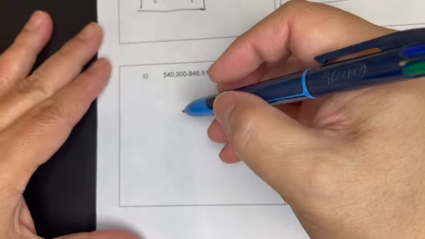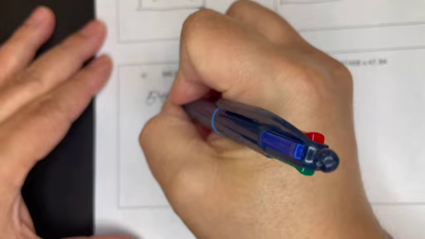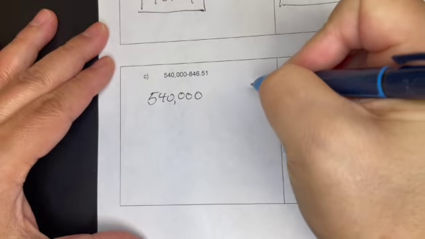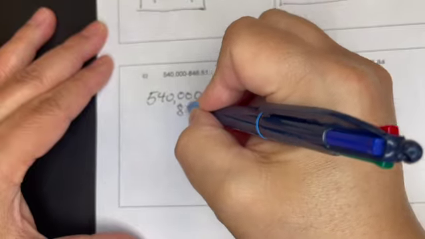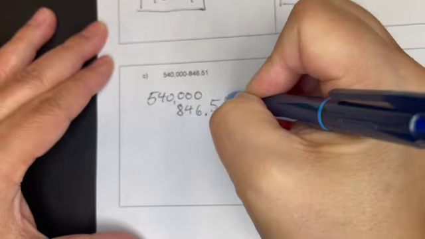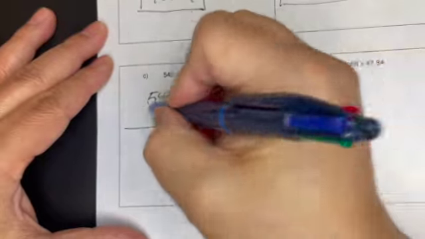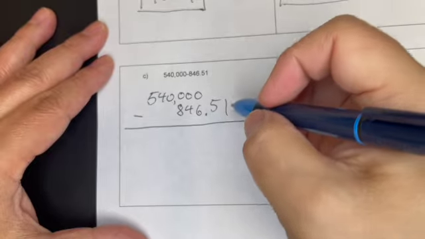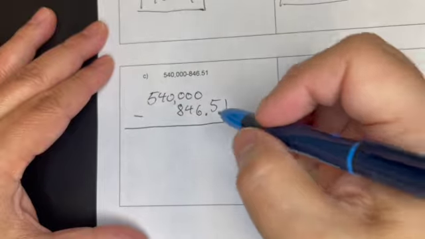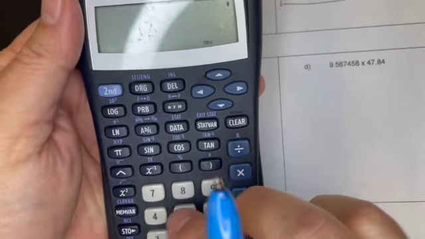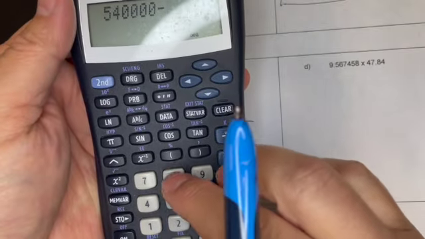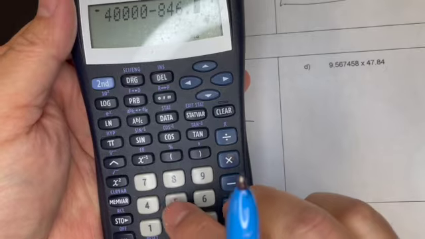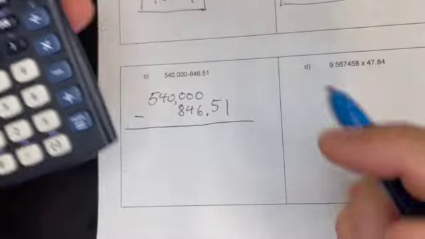Again, for addition and subtraction, we line up the decimal. So that's 540,000. And even though there's not a decimal there, we assume it's going to be there. We line it up with the 846.51. When we subtract, again, don't forget to carry the zeros. Again, or you just use your calculator. So that's 540,000 minus 846.51 gives us